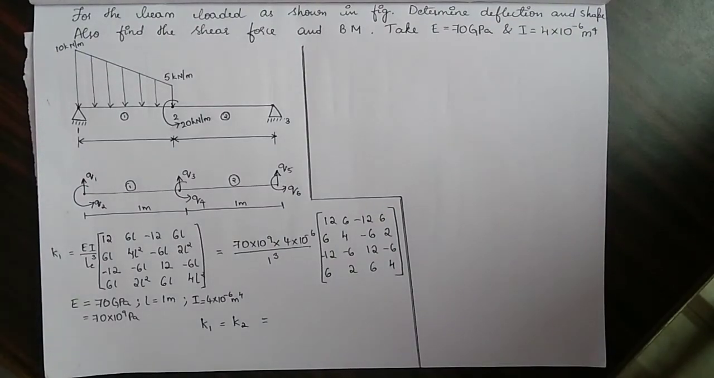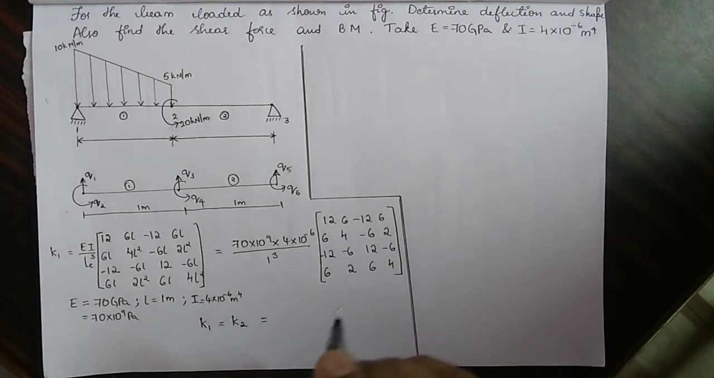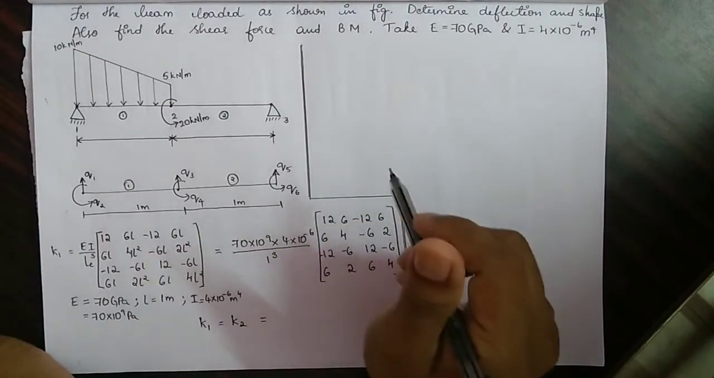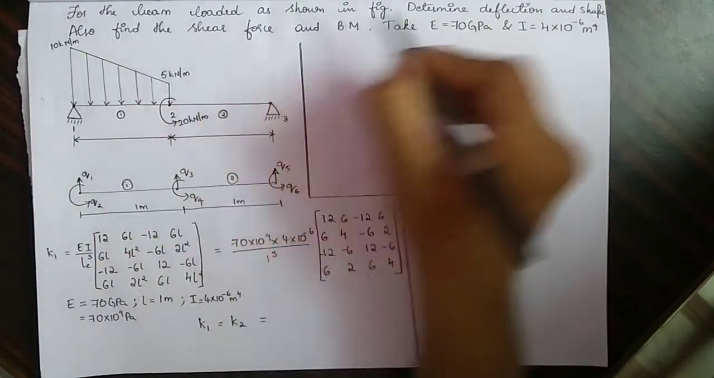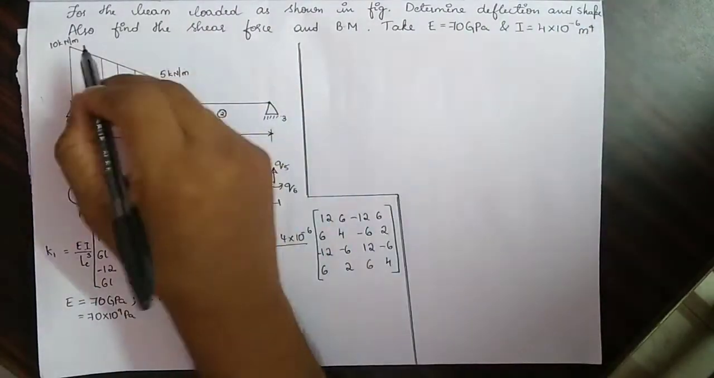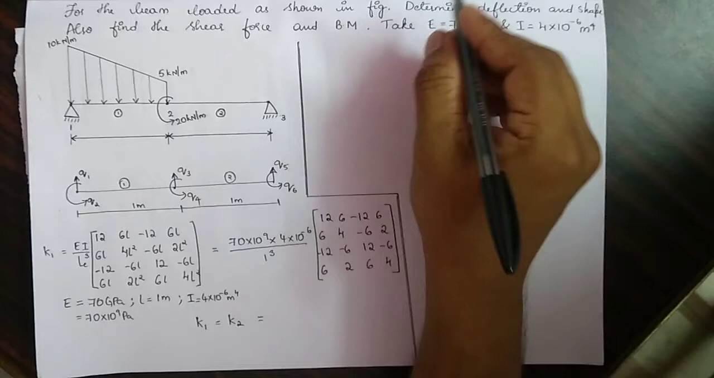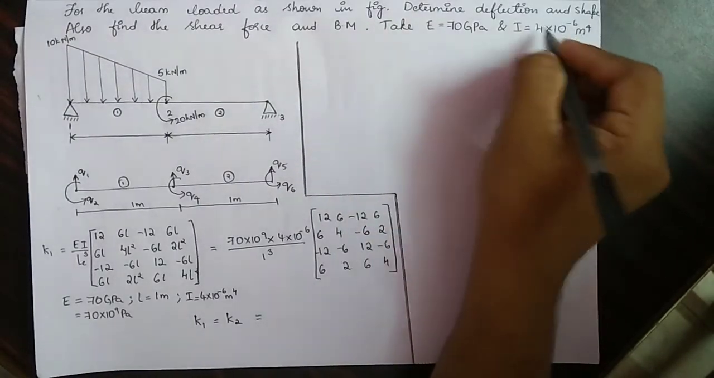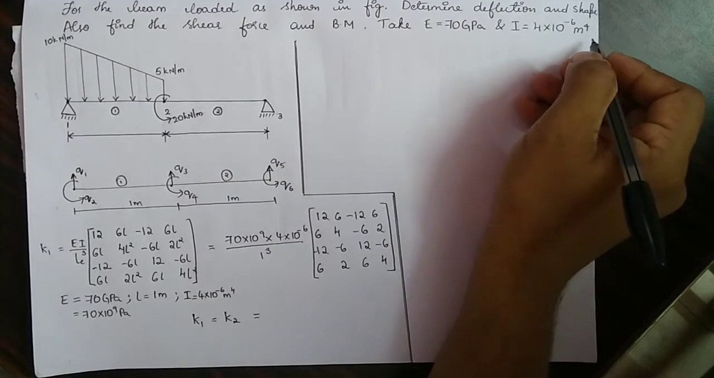So next problem is based on uniformly varying load that we have discussed in the previous classes in the live class. So for the beam loaded as shown in the figure, determine deflection and shape function or shape. Also find the shear force and bending moment. Take E as 70 GPa and moment of inertia 4 into 10 raised to minus 6 meter to the power